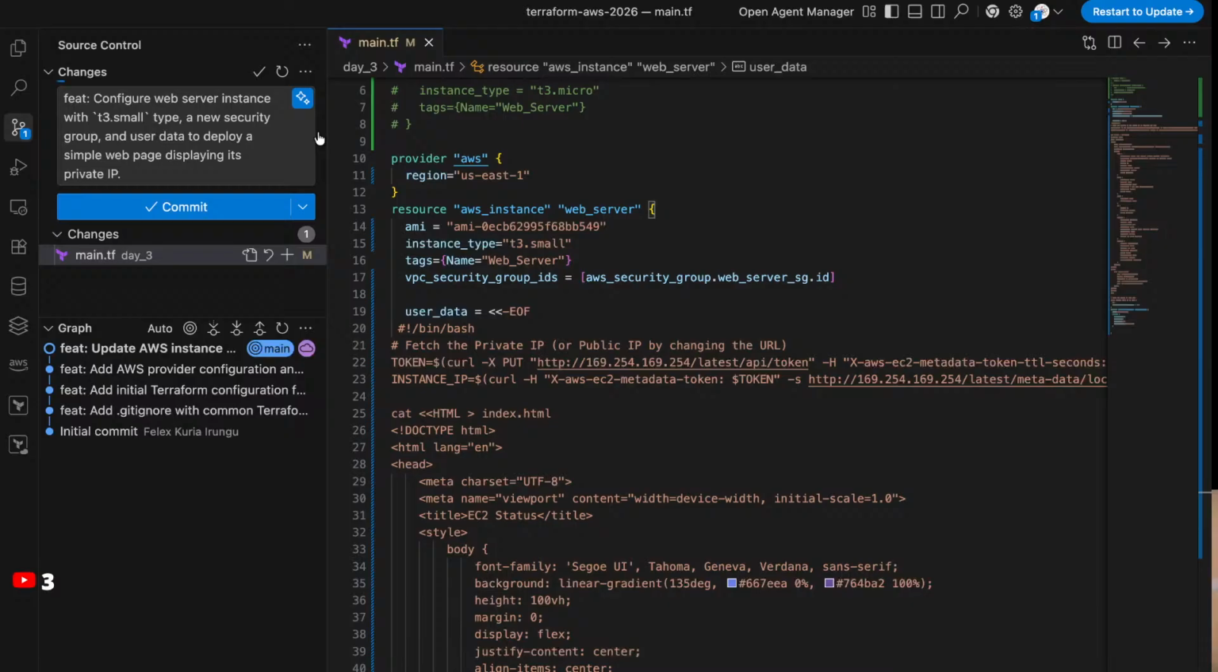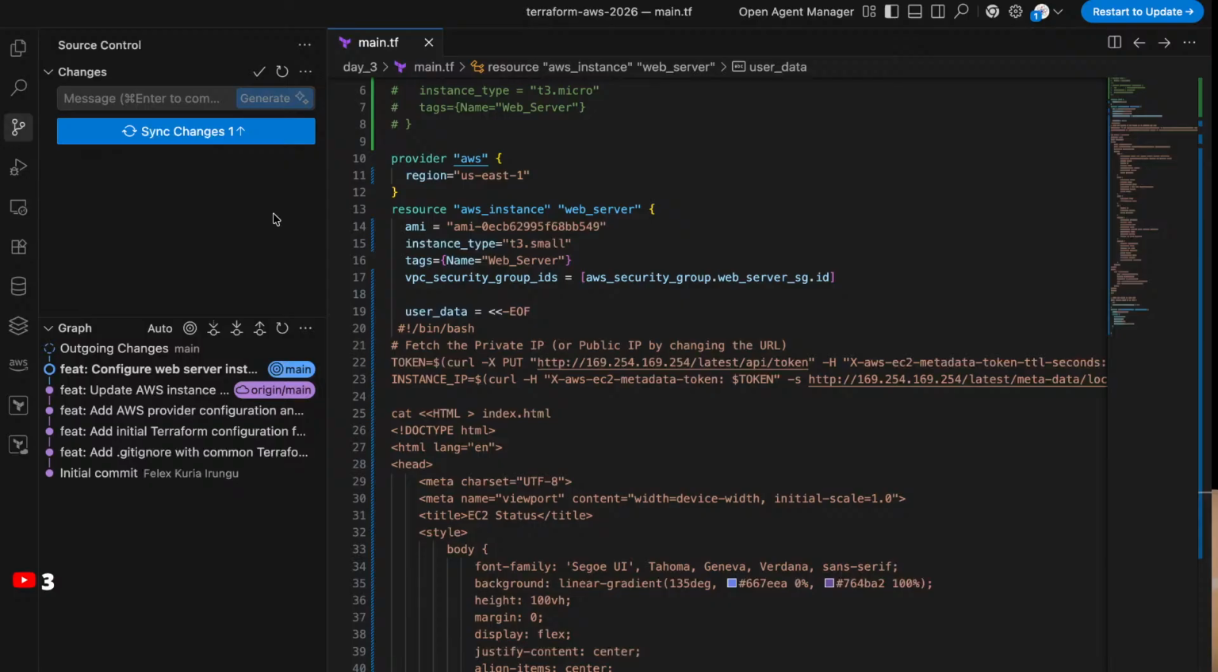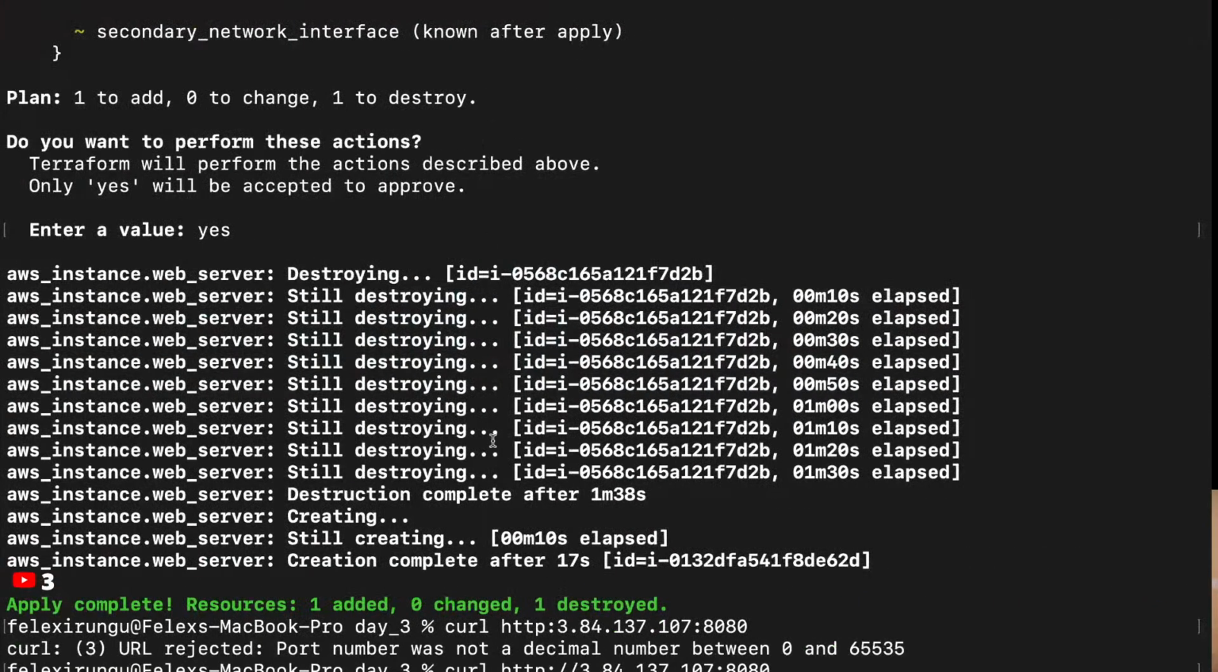Hello, thank you so much for joining. So we are on day 4 of doing the Terraform challenge. So day 4 is deploying a web server. So we go to our terminal and